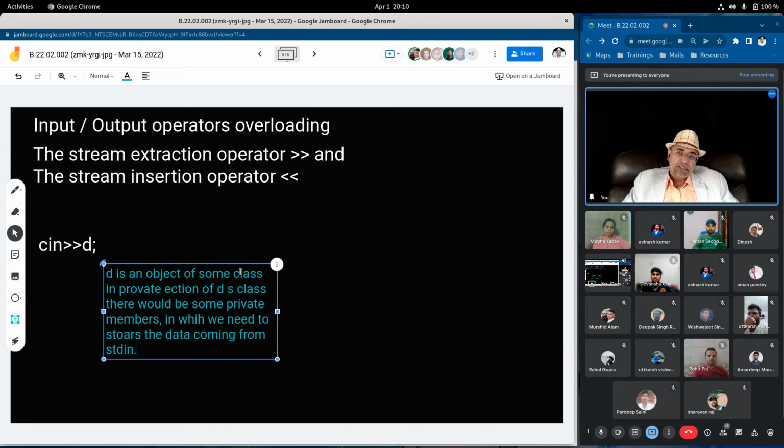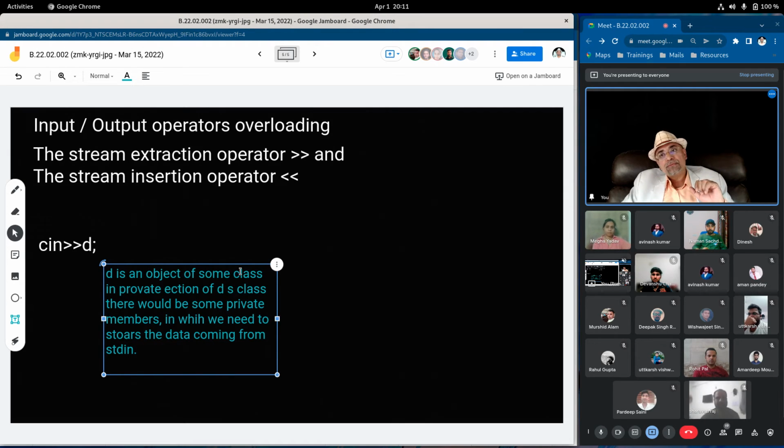Obviously, but the problem is, inside D there are many members in private section where the data has to be stored.